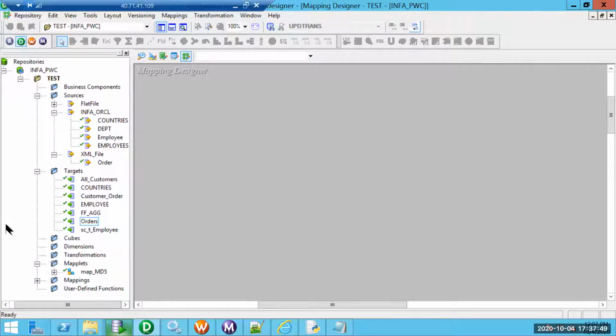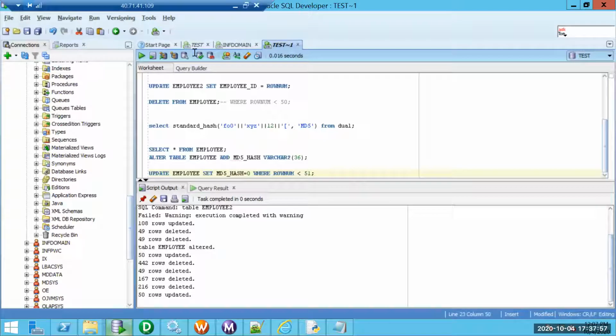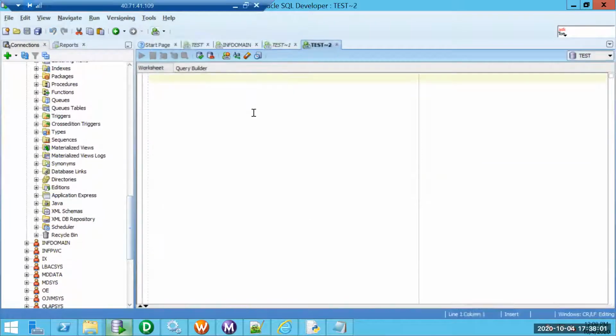So let's try to incorporate that logic. Before incorporating that logic, I need to do two changes. We have a table employee in our database, but the employee table does not have effective start date or effective end date or current indicator. Let me try to add all those columns to the employee table.